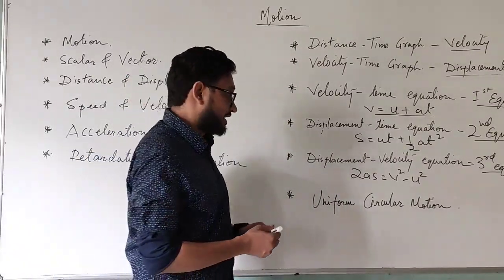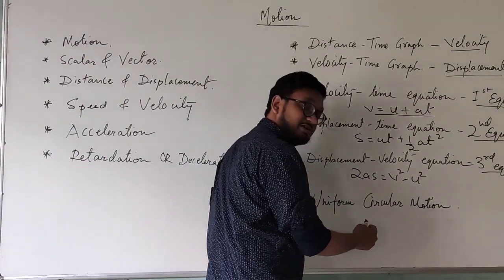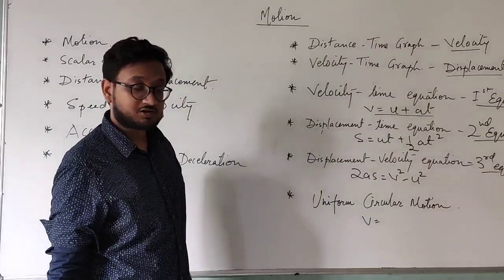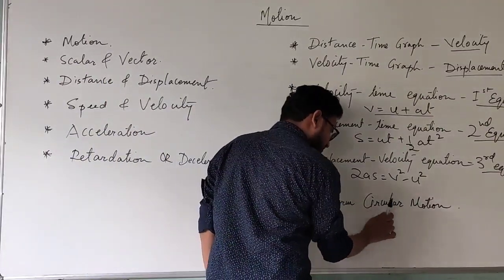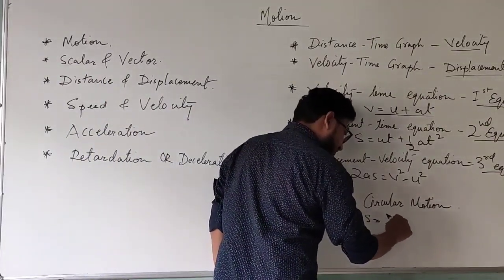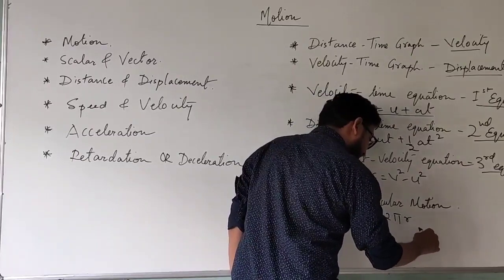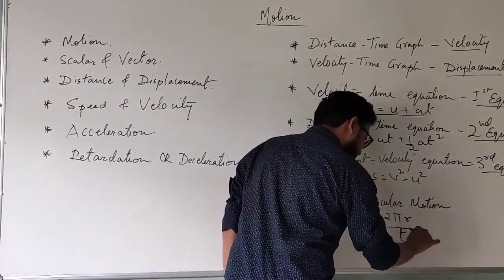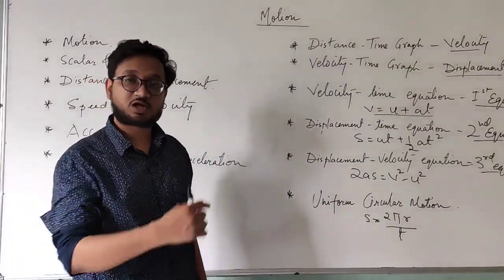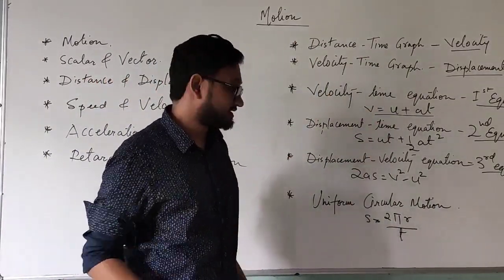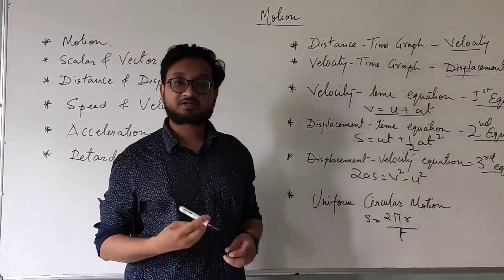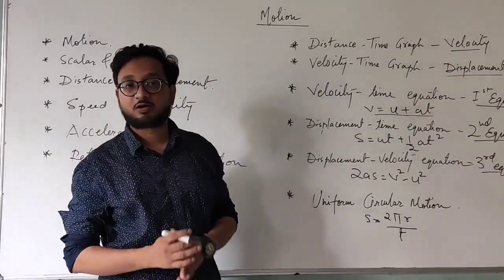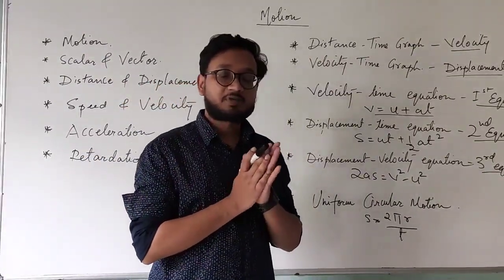So if the object moves with uniform speed on a circular path, it is in uniform circular motion. You can find the speed of such an object by finding the perimeter or circumference of the circle with respect to time. How much time does it take to cover that perimeter of the circle? That is the distance 2 pi r in time taken t. So you can find the uniform speed of that object. I hope it is clear to you, students.